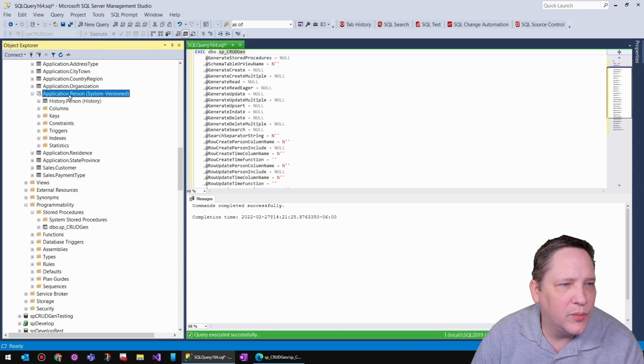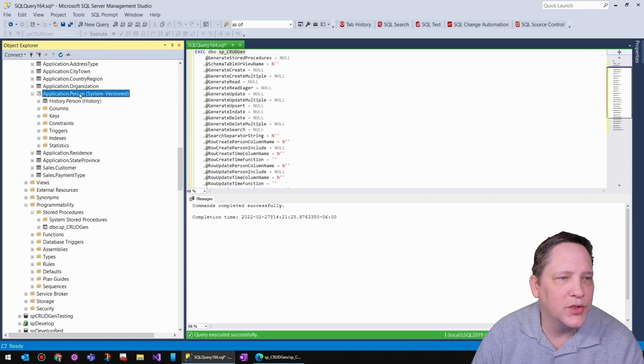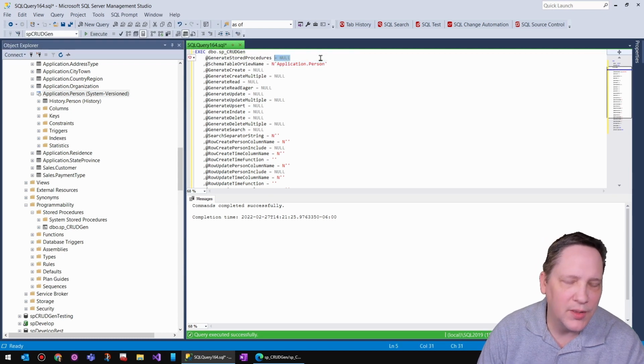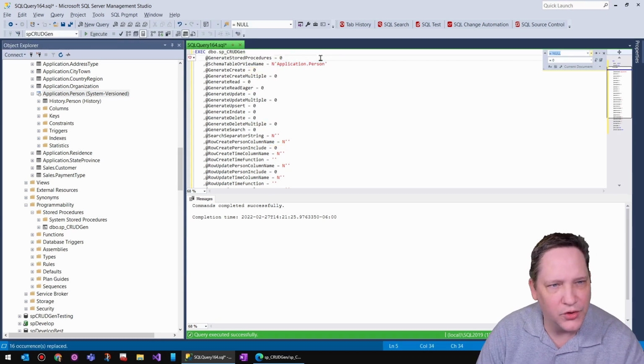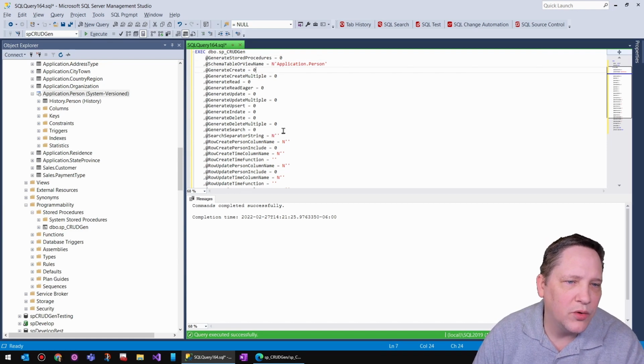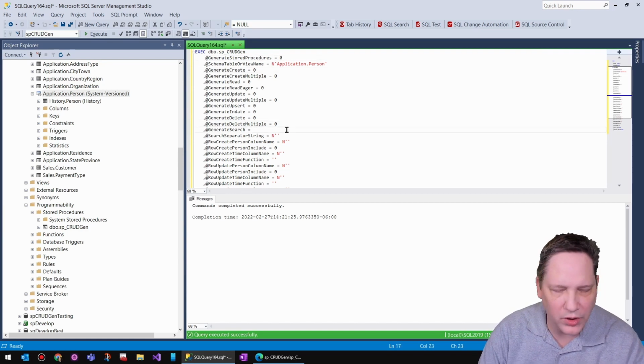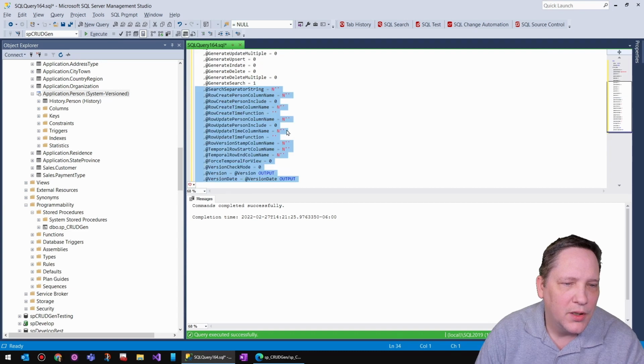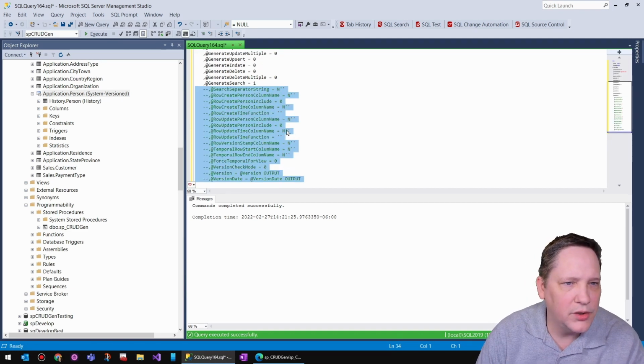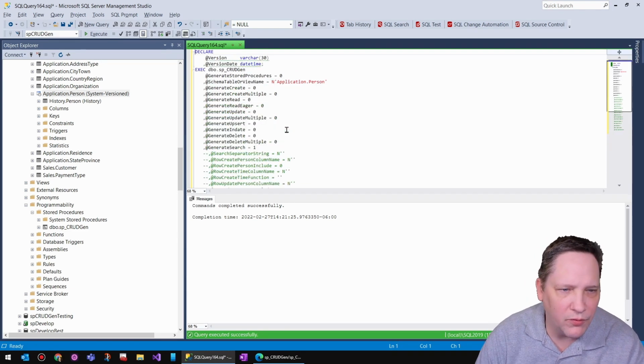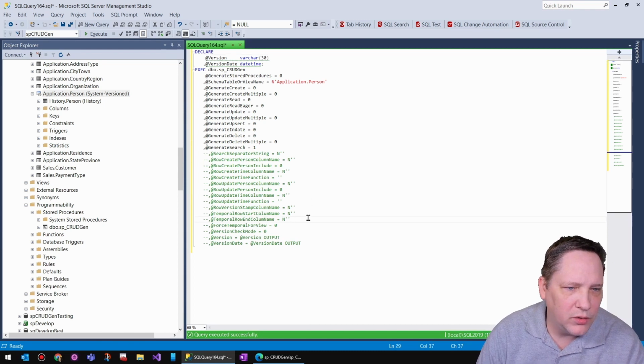We are going to be doing it for just this one table. So we want to specify the schema or table name. We're going to set a bunch of these to 0 because we're not going to be creating any of the other ones. We're only going to be doing the search. A lot of these others we're not going to need, so let's just comment them out for when we run this. We are going to need